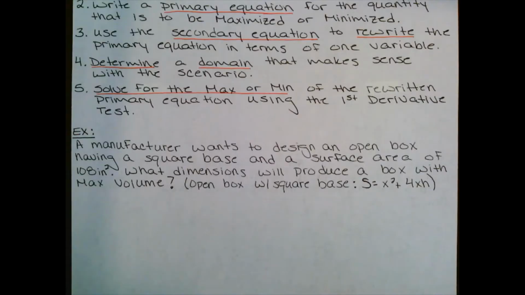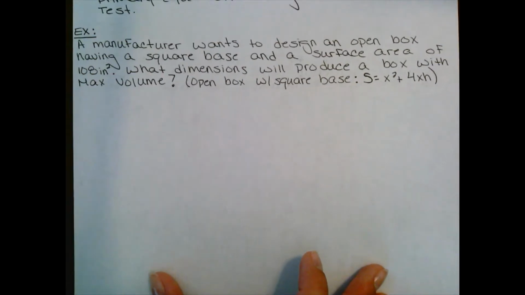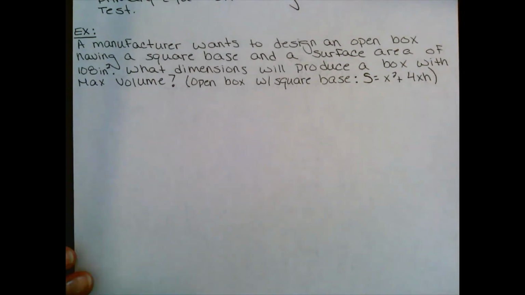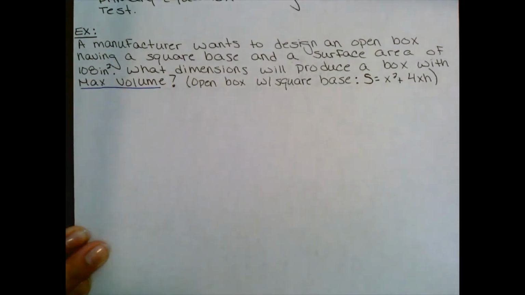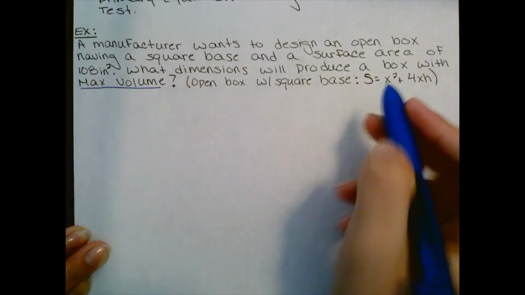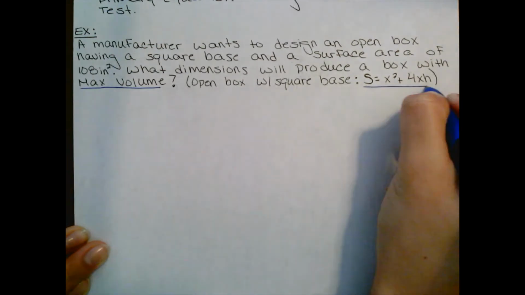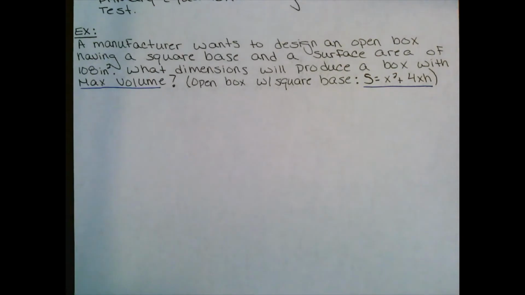It reads, a manufacturer wants to design an open box having a square base and a surface area of 108 inches squared. What dimensions will produce a box with a maximum volume? So you can already see here that what they want you to maximize is the volume, okay? And then the second equation that they gave you is the dimensions of the box, so you can know what the surface area is. And they went ahead and told you what the surface area would look like for this open box. So I can say that my primary equation